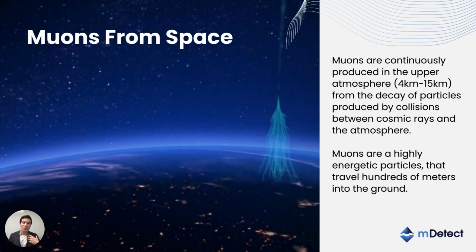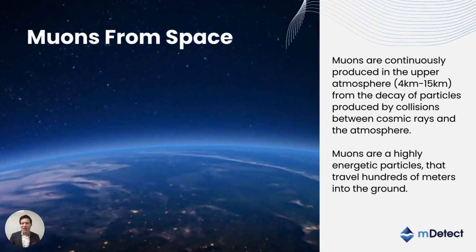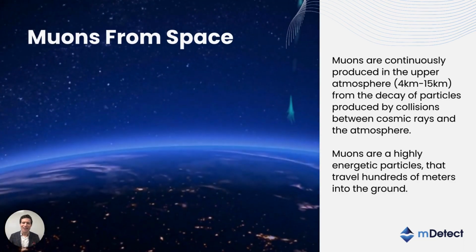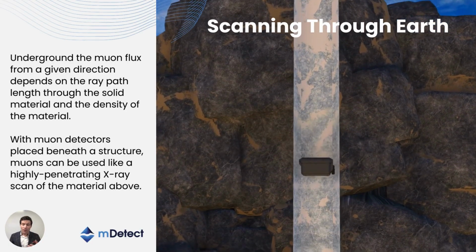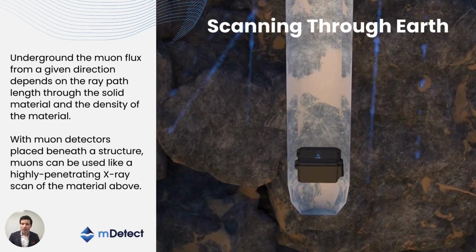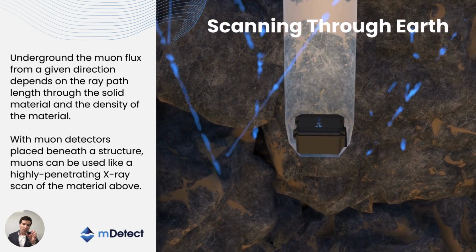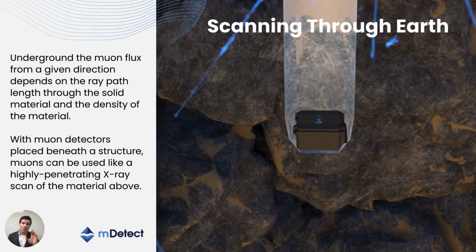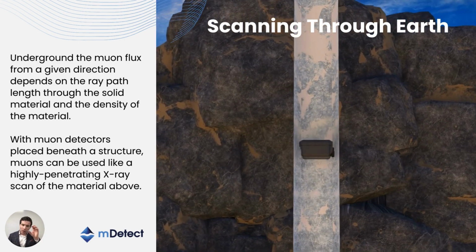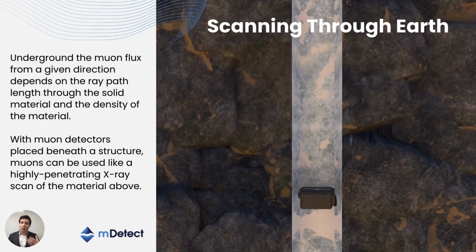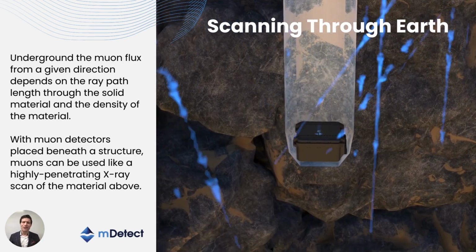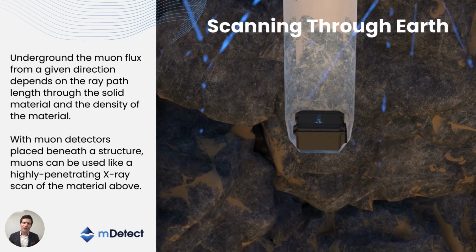But in doing so, they also produce a whole zoo of particles that can make it to the ground, and in particular, muons. These are the heavy cousins of electrons. They travel through hundreds of meters of rock, but eventually they do get stopped, in particular by dense structures. So at MDetect, we place our detectors deep underground and use those incoming muons like X-ray scans. Under dense regions, we will see a shadow where more muons are being absorbed than we had anticipated, and under underdense regions, there is essentially a hotspot.